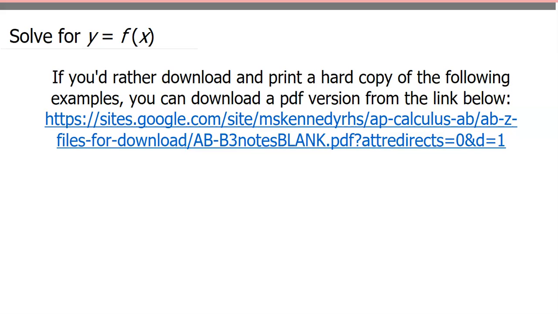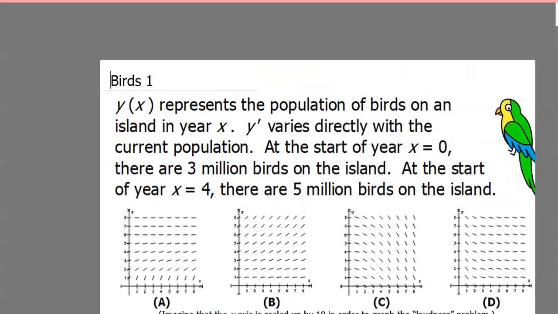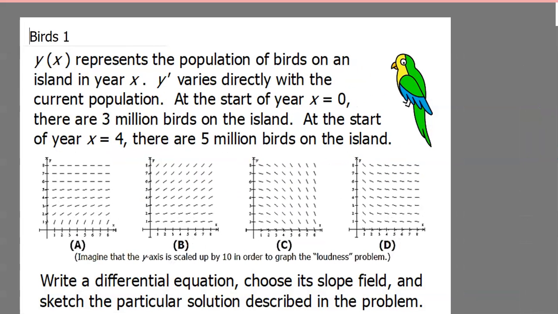Okay, I want to take a look at a couple of examples from start to finish of how these problems are more likely to look. So we'll look at 4 different situations, but again, you're not going to have to watch me work through every single one of these. Most will be for you to try on your own, and then you can look at it afterwards to check. So first one, y of x represents the population of birds on an island in year